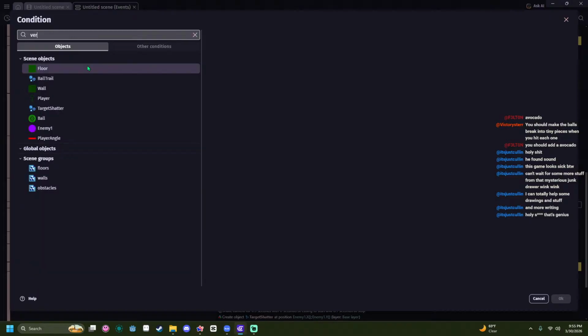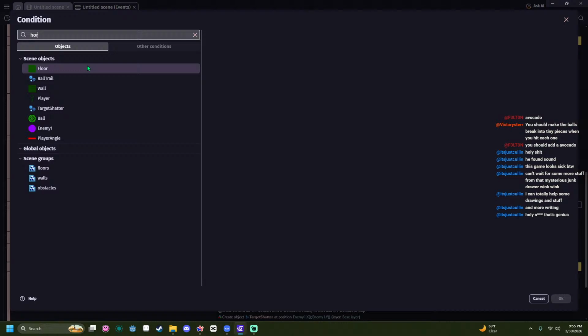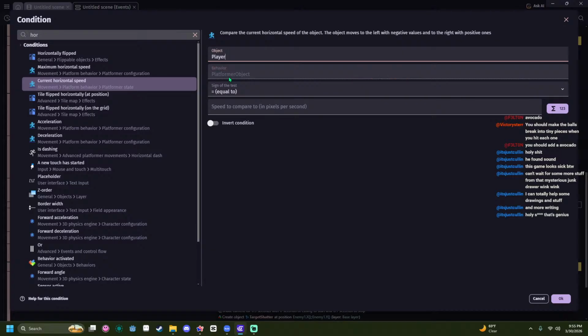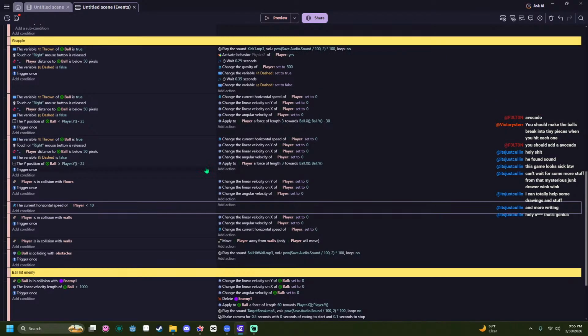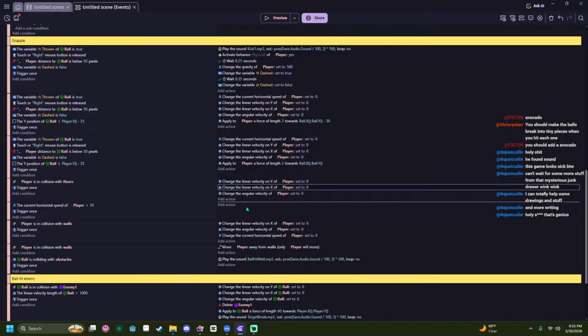Is there no vertical speed? Maximum horizontal speed or current horizontal speed of player is less than 10. Then set it to 0.